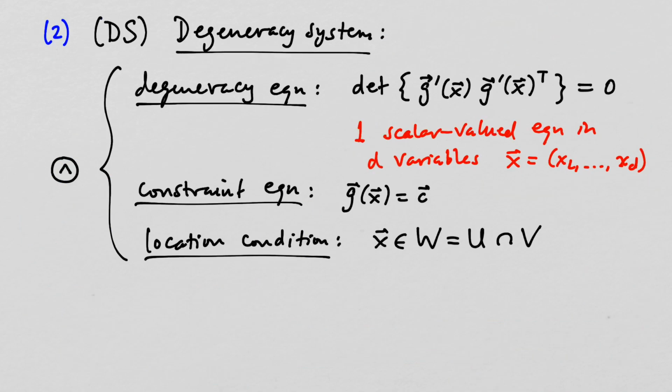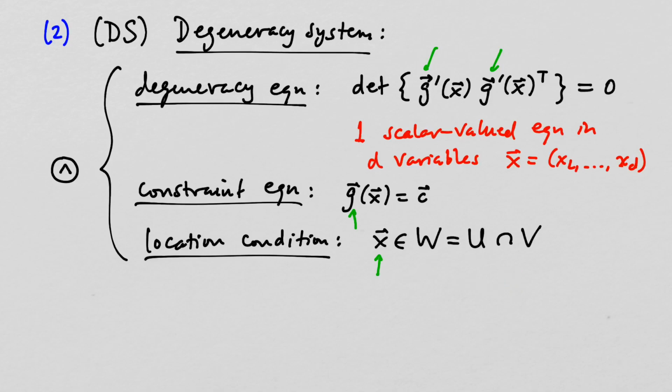But you see that in the degeneracy system, the function f is not mentioned. The function f is nowhere mentioned. Only g appears here, and then here. So to keep f in the picture, to keep things relevant to the function f, we want to make sure that the points x that we consider are still in both domains. So you see f gets mentioned here, basically. U is nothing but the domain of f. And that's why we need that location condition